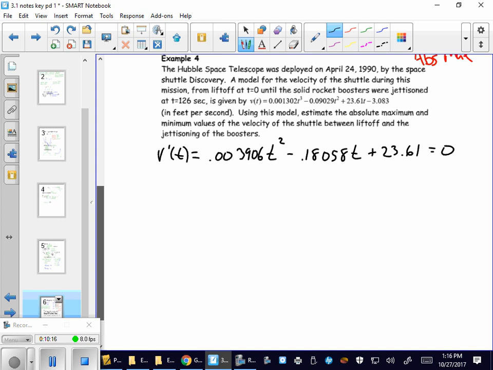This is something you would plug into your calculator, and again, I wish this was something we could have done in class because I would have had you guys practice this, so you should probably try and practice this at home to make sure you can see it. One, your x values must go from 0 to 126 on your calculator in order to be able to see the entire graph. And then two, you should recognize that 23.61 is the y-intercept, so you're going to have to